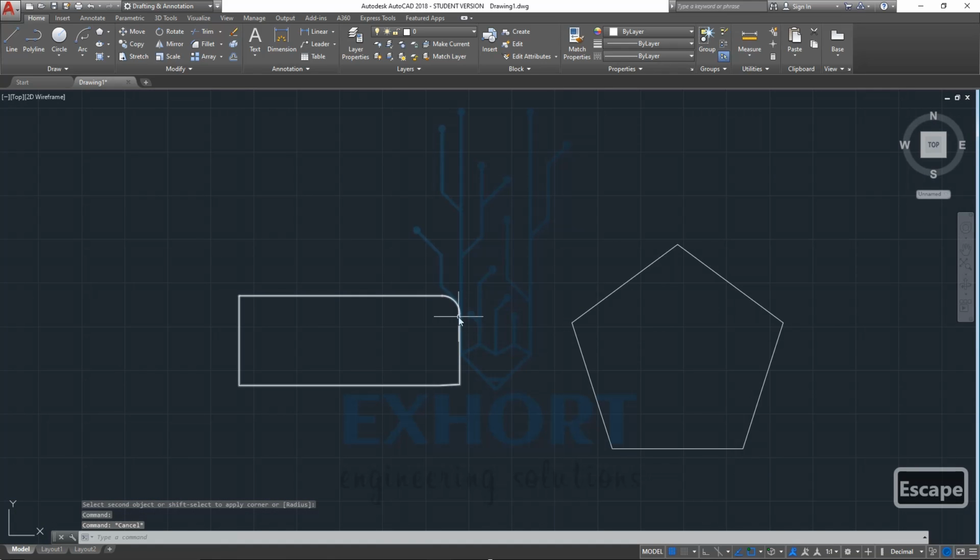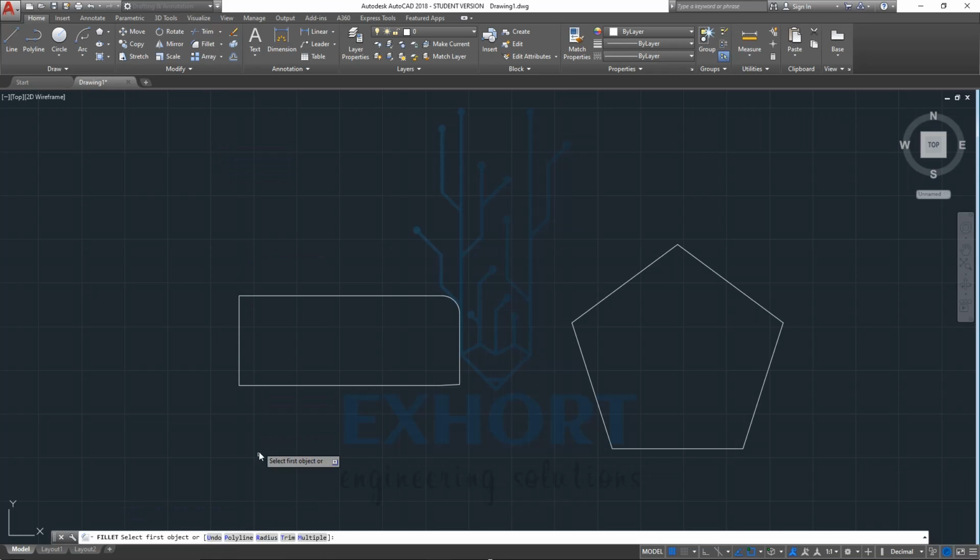So friends, likewise we can use this simple chamfer fillet command. Now I will show you how to use the polygon, trim and multiple commands. Here we have seen the radius, so by clicking this we can choose the radius. In the previous step we chose 5 mm, so it will continue with 5 mm.